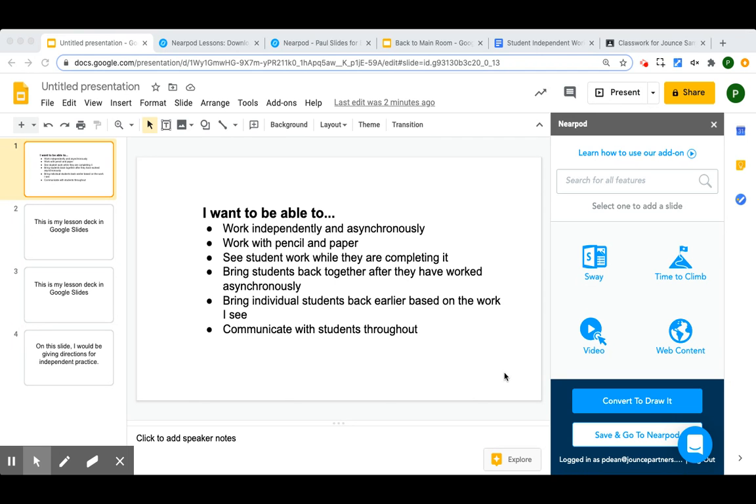So my goal is to be able to have kids step away from Zoom for a bit, work with pencil and paper. That way they can write maybe more quickly than typing into a Google Doc. They can diagram, they can annotate, to be able to still see their work while they're completing it, to be able to communicate with them throughout that time, and to bring them back together after they've